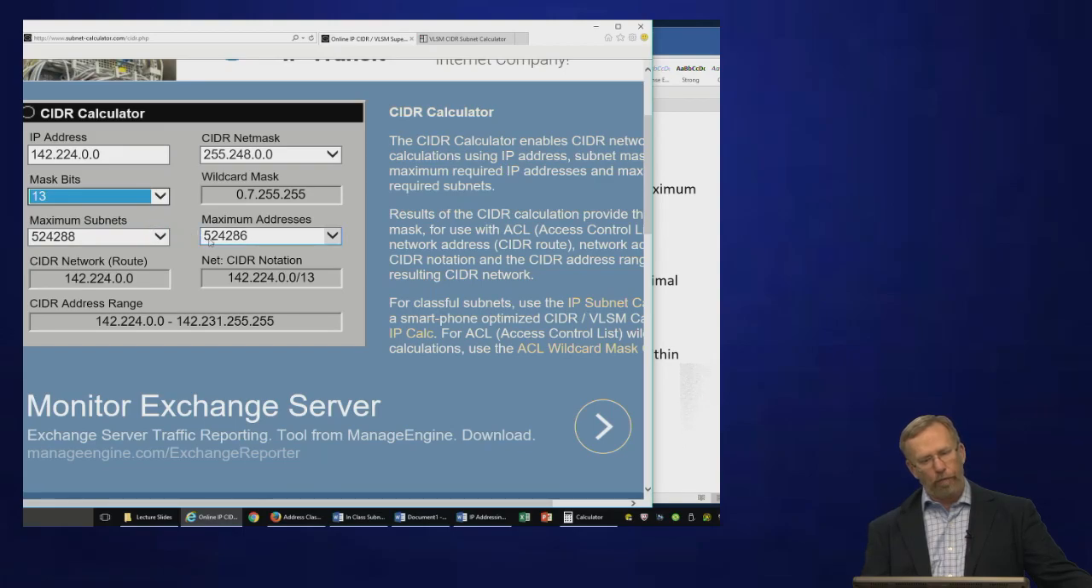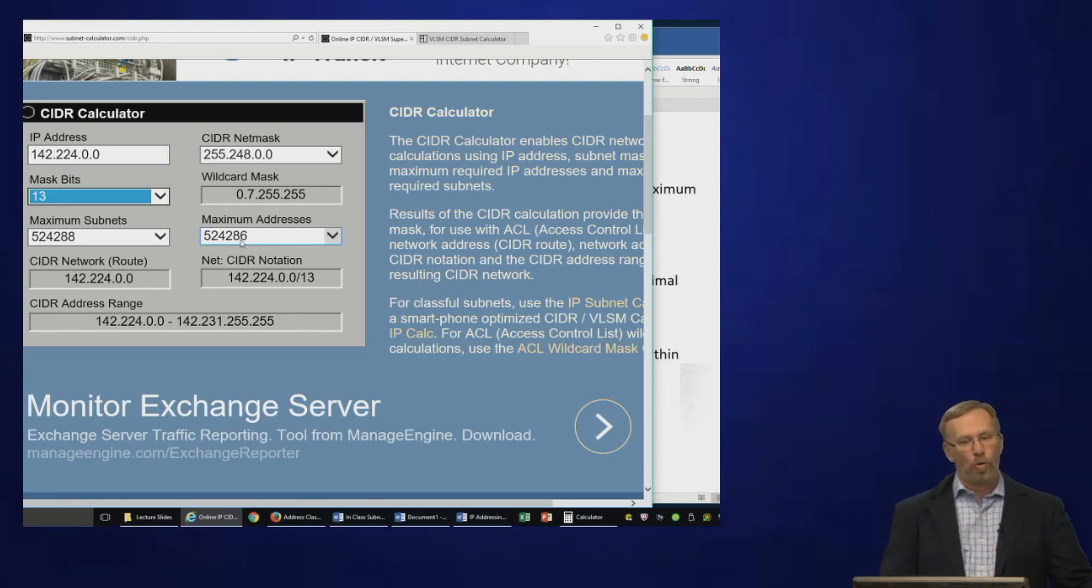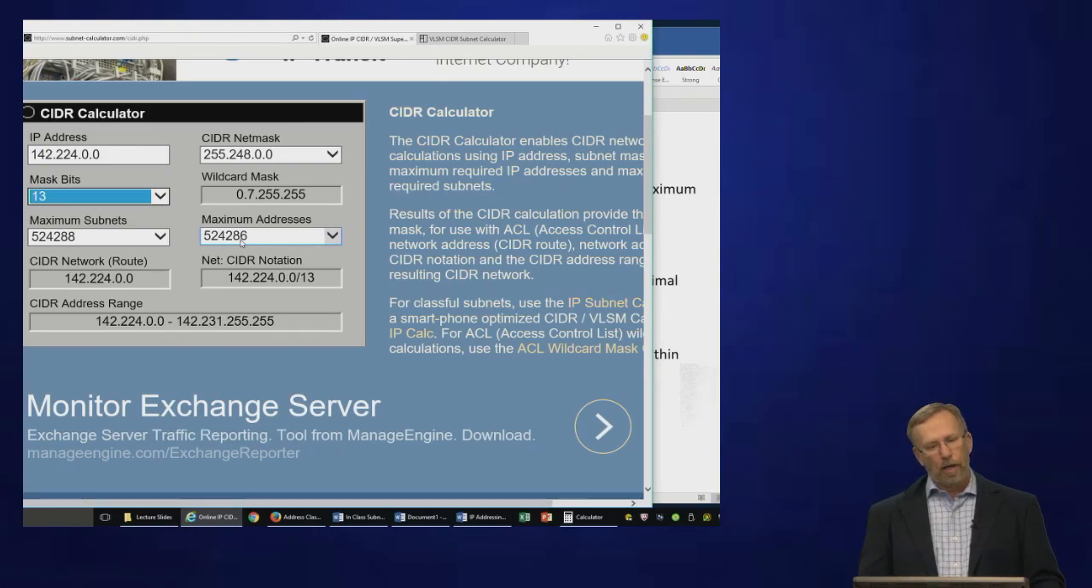Hey, guess what? It tells me I have 524,286 IP addresses. So that matched what we had with no subnetting. Now, if I want to subnet, I simply change the mask bits. By the way, notice this address range right here. This is the entire range for our unsubnetted IP space. It goes from 142.224 to 142.231.255.255. If I change this and tell it that I want to have 15 mask bits,